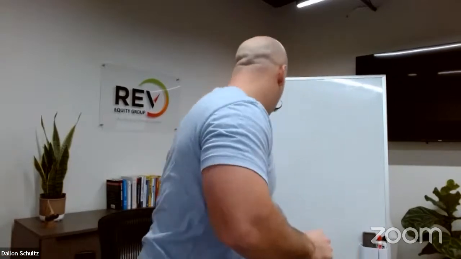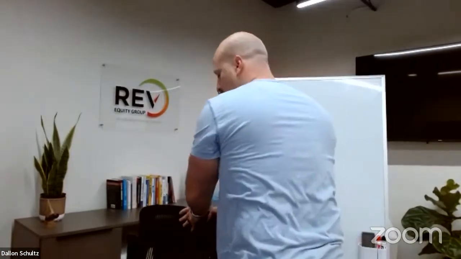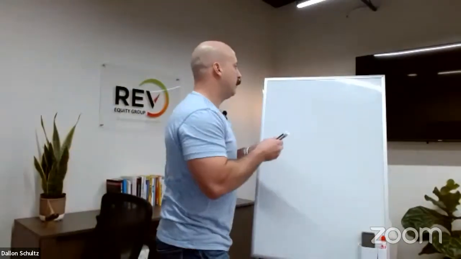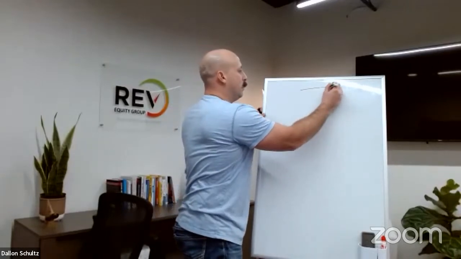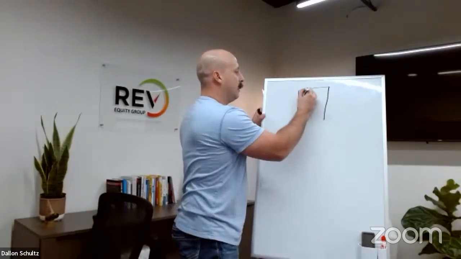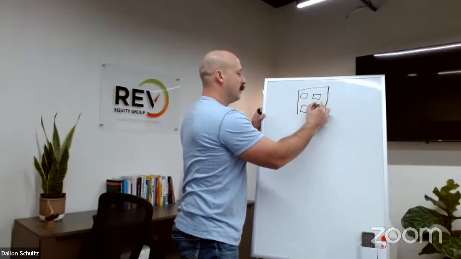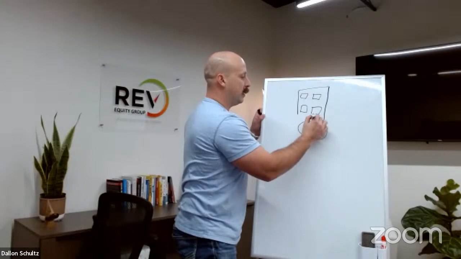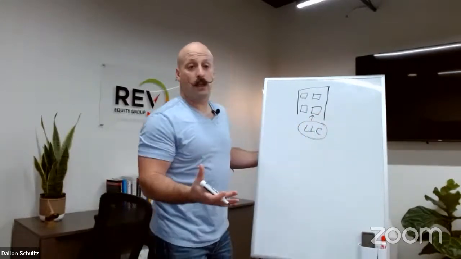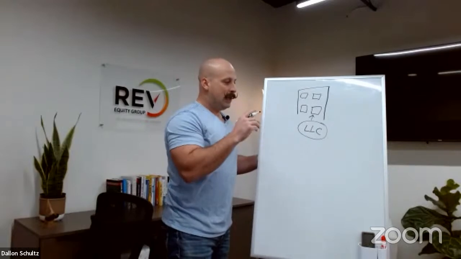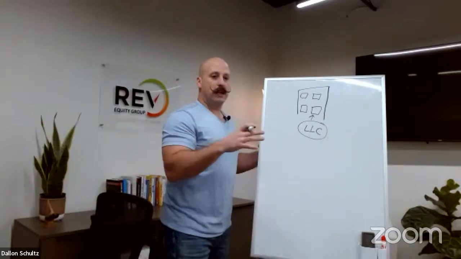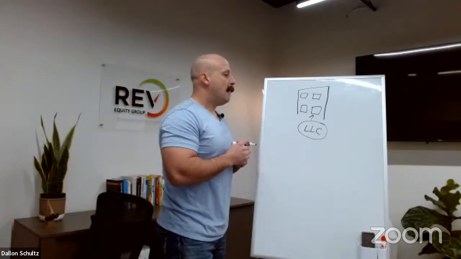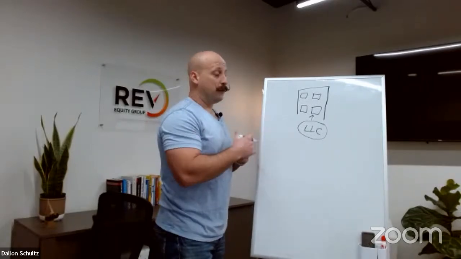So let me jump over here to my whiteboard. Okay, so you've got an asset here. This is my beautiful drawing of a multifamily building. These buildings are typically purchased using an LLC. Now, again, we're not going to get into super deep structure of this. We've done this on previous webinars. We've had attorneys come on and share some information about this.